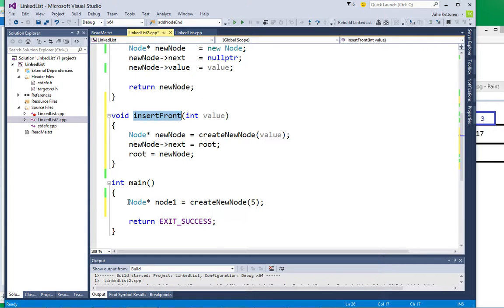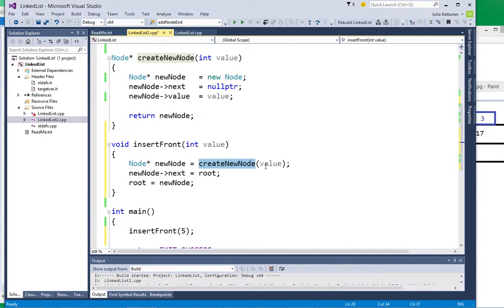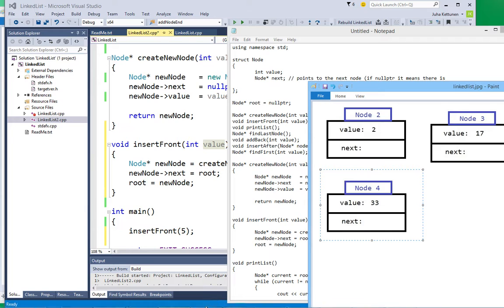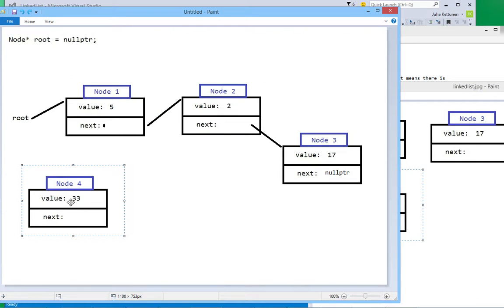So let's now take this out. Let's say we want to add a new node with the value 5. So I put 5 here. The 5 goes here, and then this line starts, and this function will create a new node with value 5. If you go and look at the picture, this value will be 5 instead of 33, but in this example it will be 5. So it sets this value to 5,